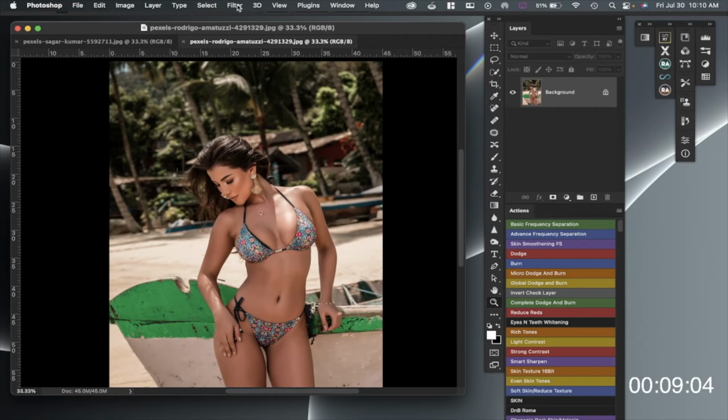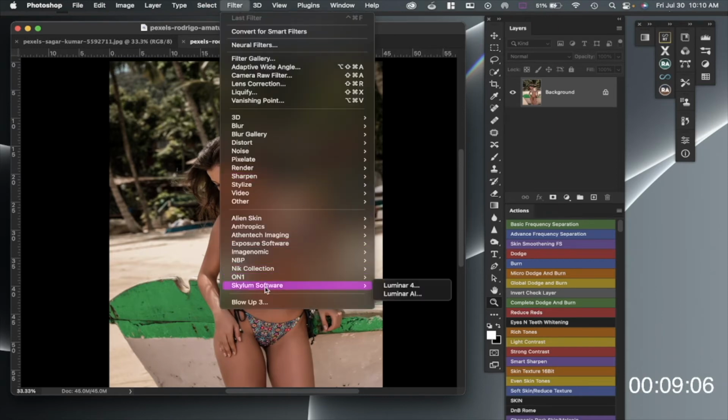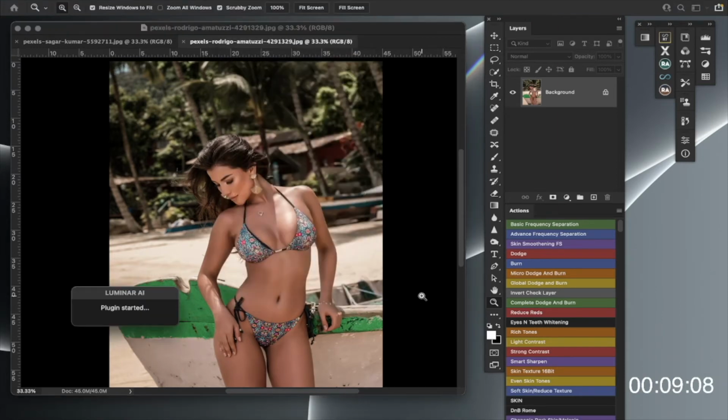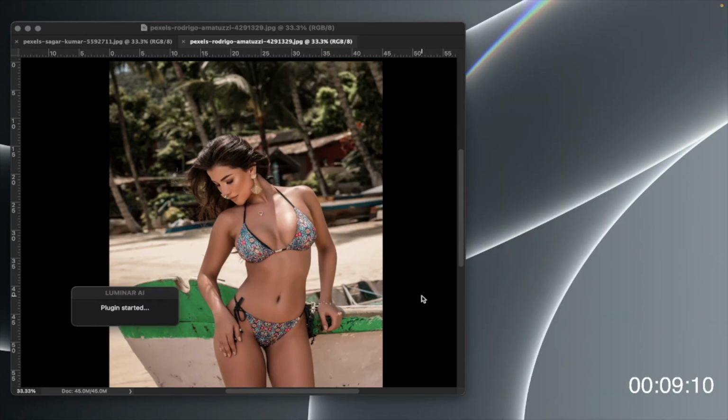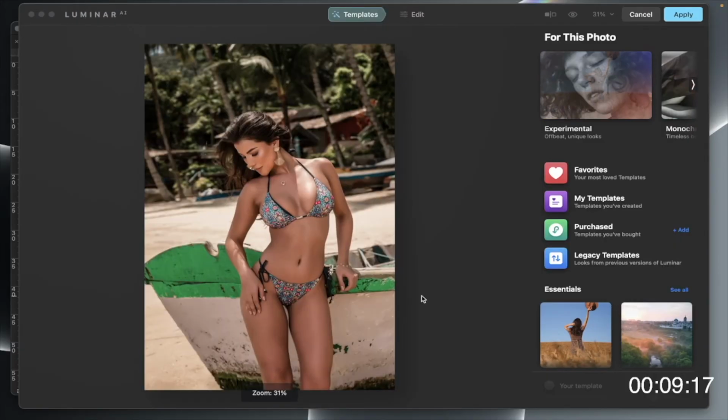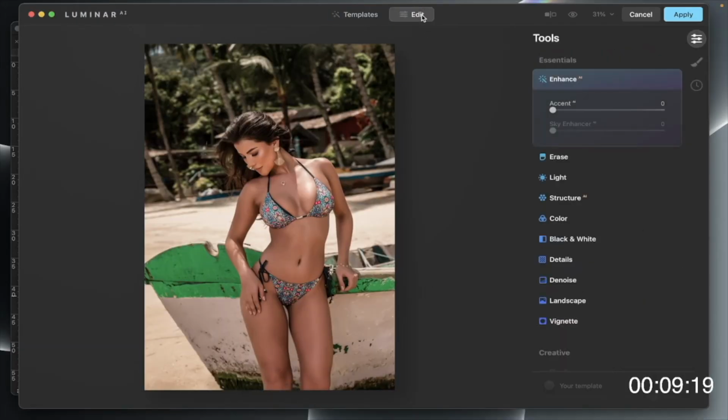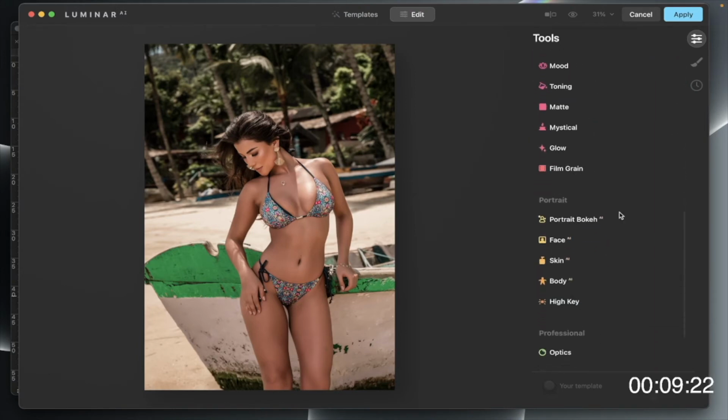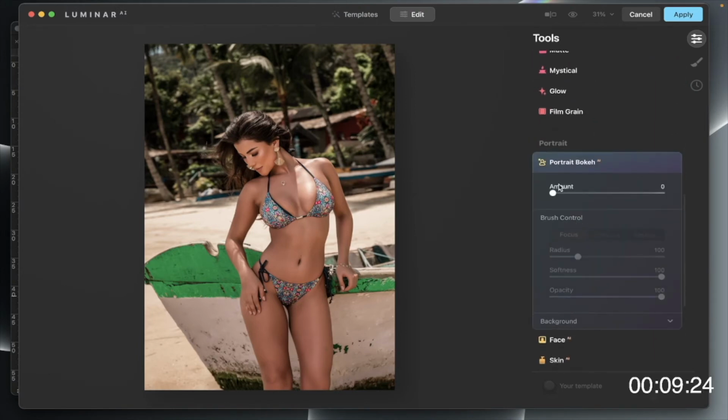So let's go back over to Luminar and see exactly what it does. Hopefully it will just select exactly what we want to select, and you don't have to do very much. So let's go over to Edit, and then we can go here to our portrait,